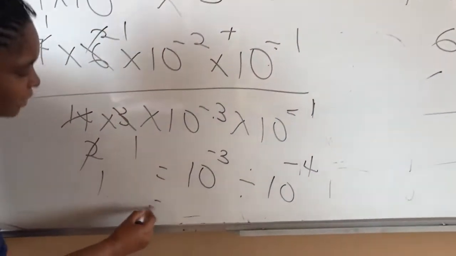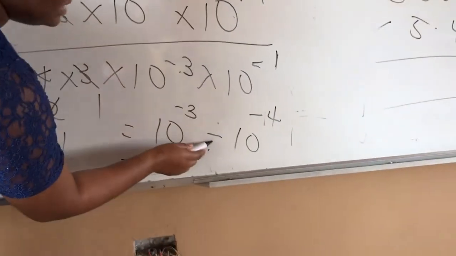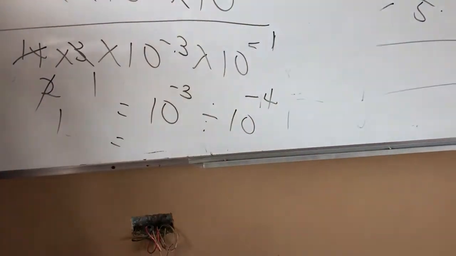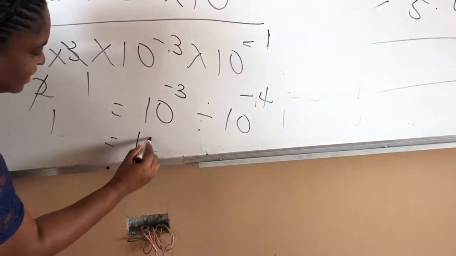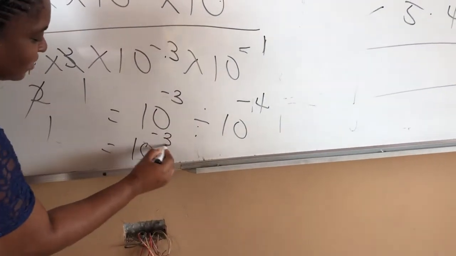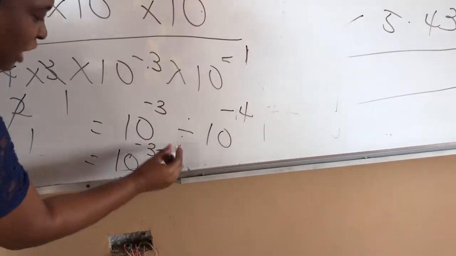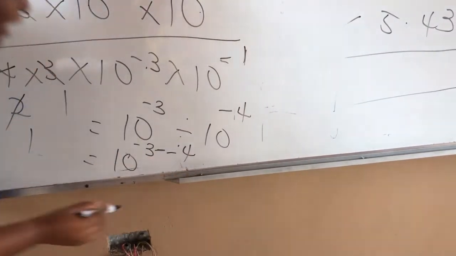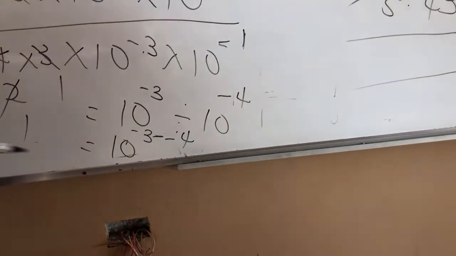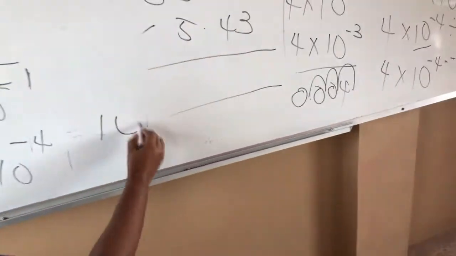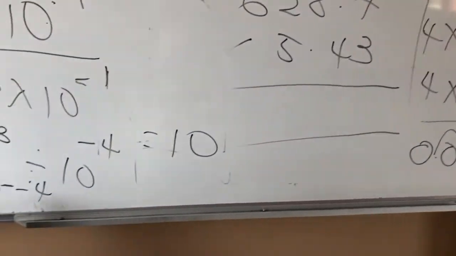Then you come down. Numbers of the same base, when they are divided, what do you do to the power? You subtract. So you have 10 minus 3 minus, this one is originally a -4, so you have to bring the -4 again. Do you understand? So let me do it down here. Our final answer is